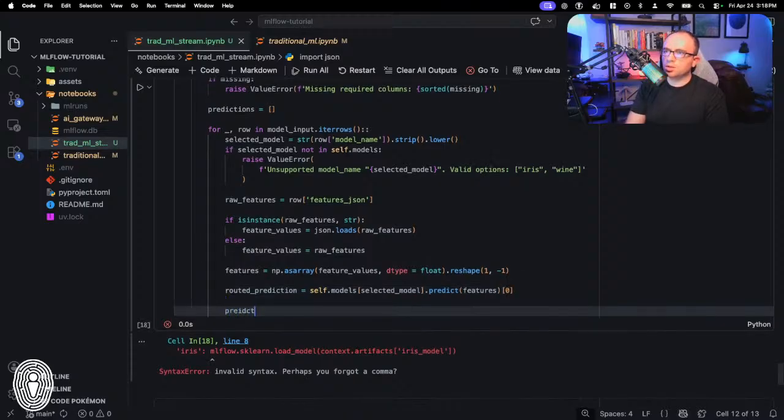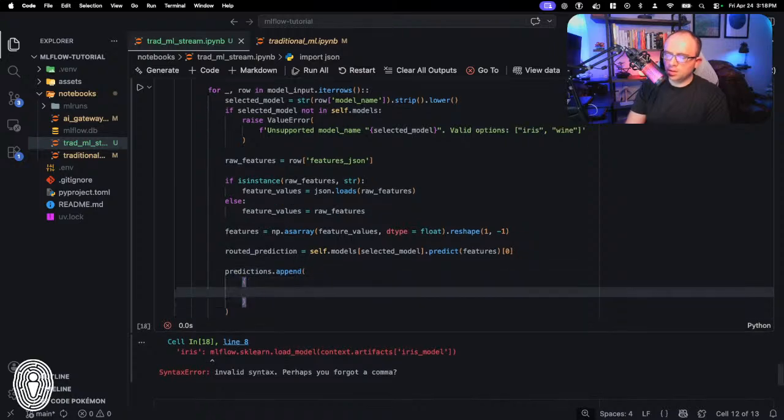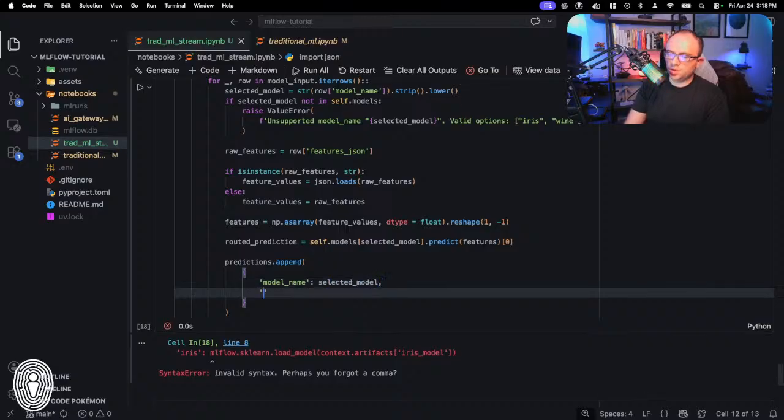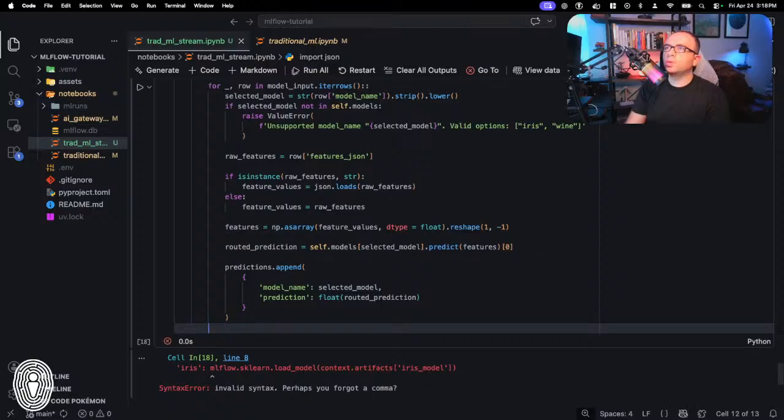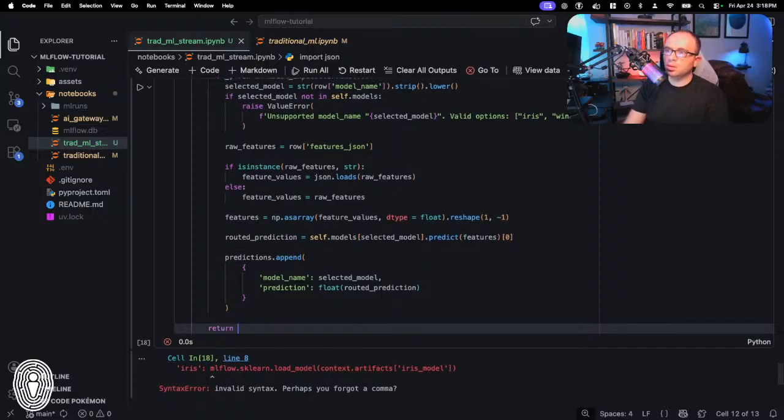Then we're going to do predictions dot append model name selected model, and prediction is going to be a float value of our routed prediction. And then finally, we're going to break out of that for loop, and we're going to return pd.DataFrame predictions.